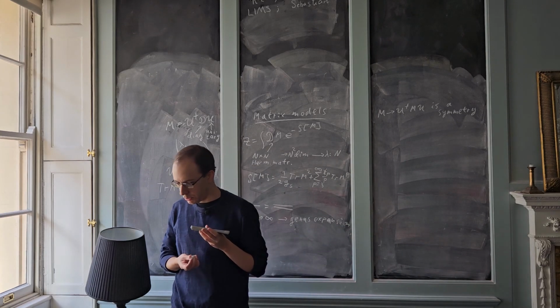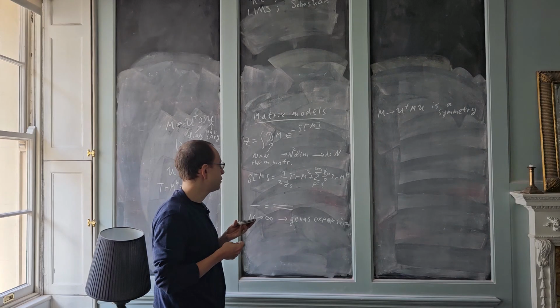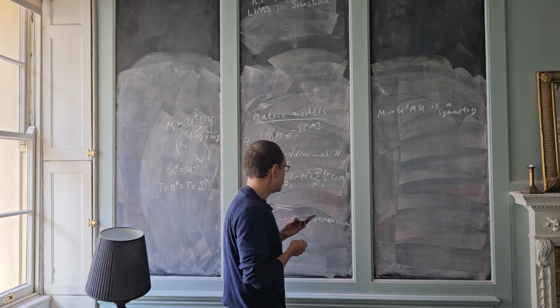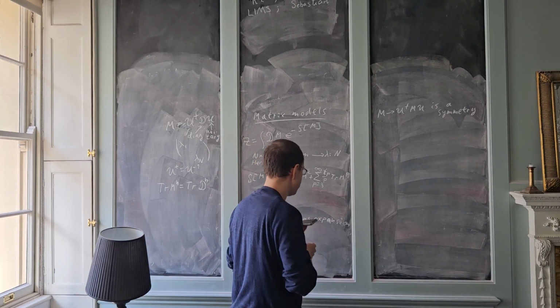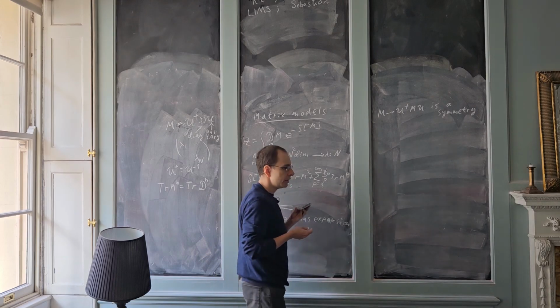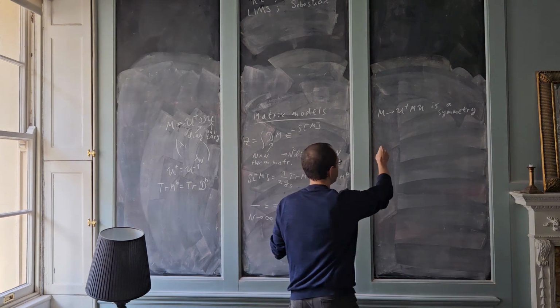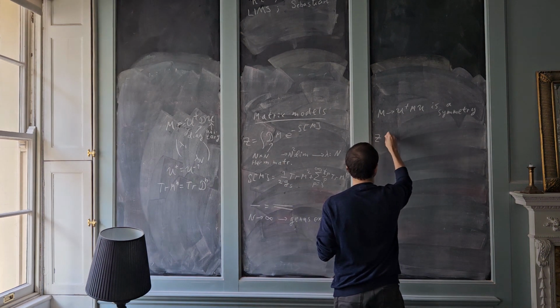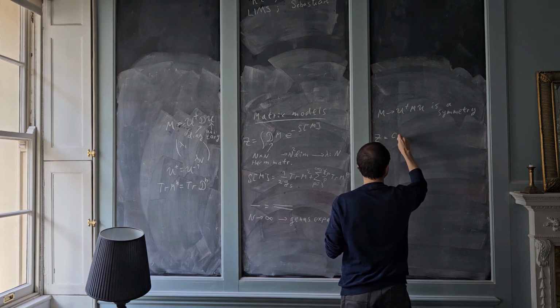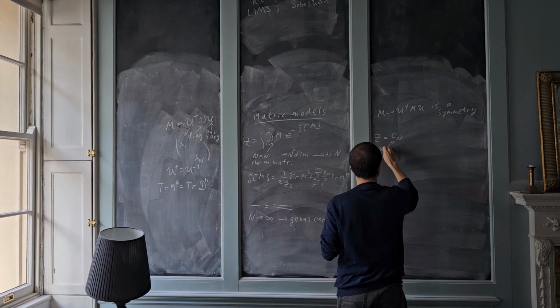And there are different ways to derive it. I will show one of them here. It's a bit technical, so let me first state what the result is actually going to be. We will find that Z is, up to some coefficient, which is more or less the volume of the unitary group,